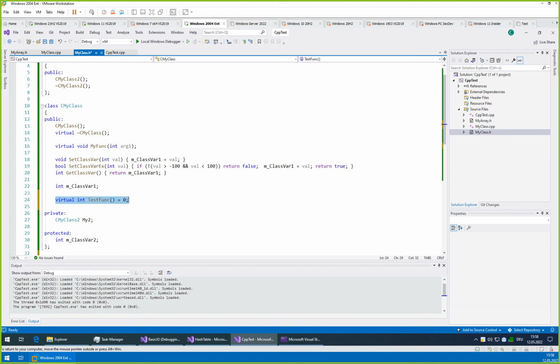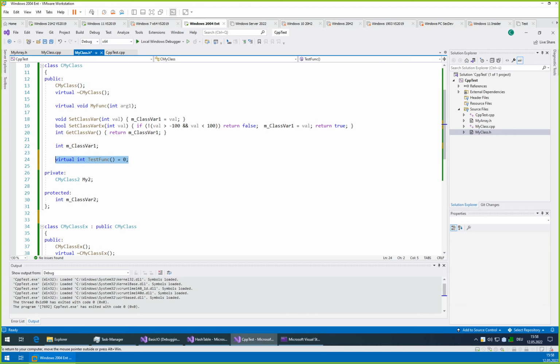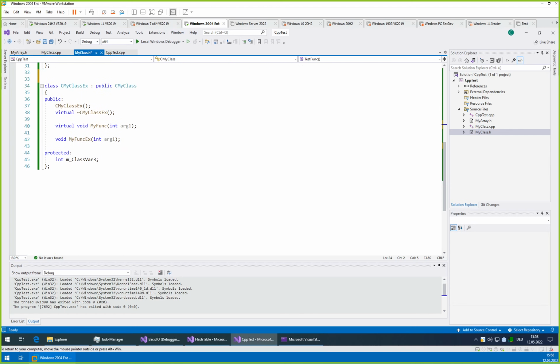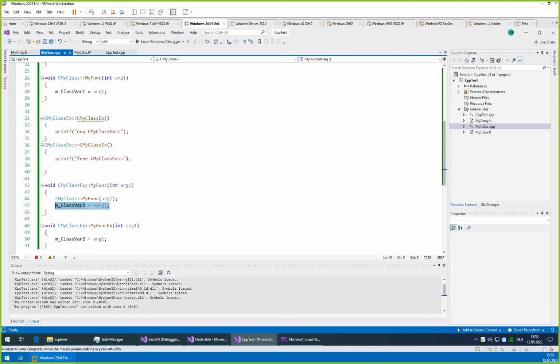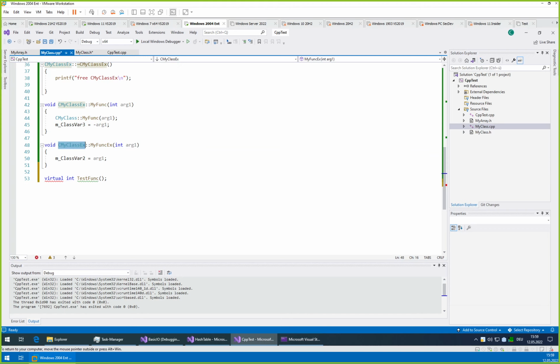If you want to make it abstract in normal C++, you just write the virtual function, then you write equals 0 and semicolon instead of just semicolon. Just semicolon would mean the compiler will expect the function to be implemented somewhere in your CPP file, and if you try to compile this, it will just throw an error. But if you write equals 0, then it will ignore the fact that this function is missing. But of course, in your derived class, you need to implement it, because if you don't, then it will not work at all. So we can do that, and then we can see what happens if you would try to.